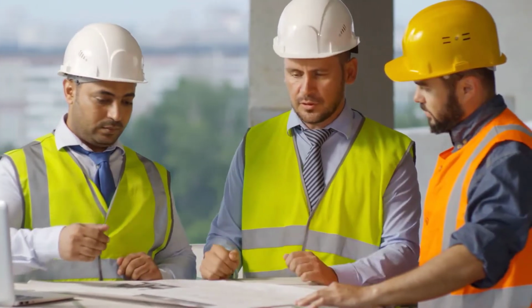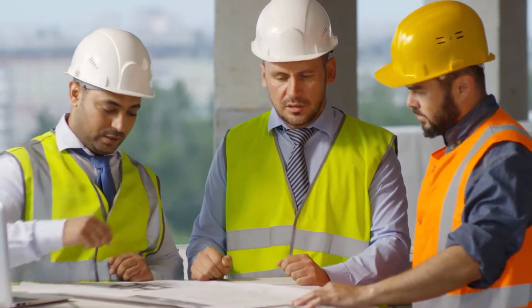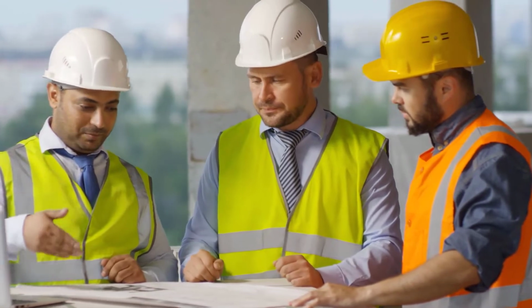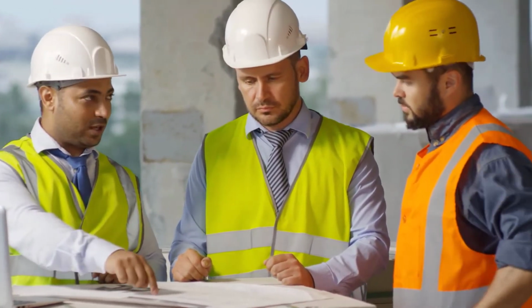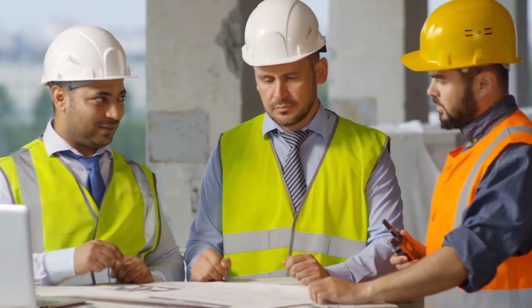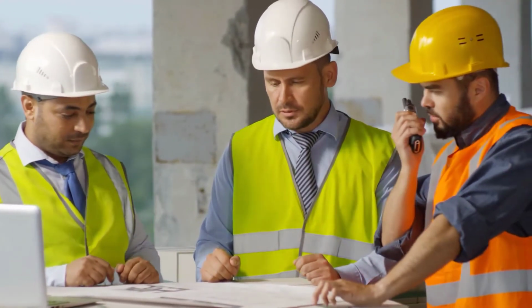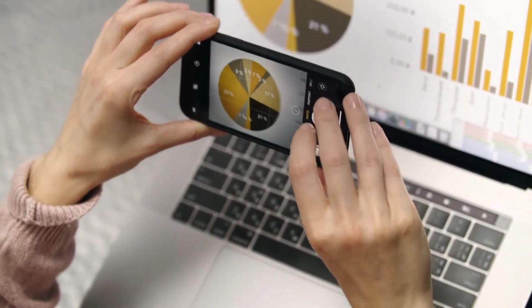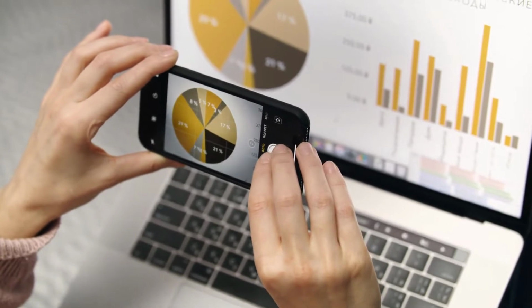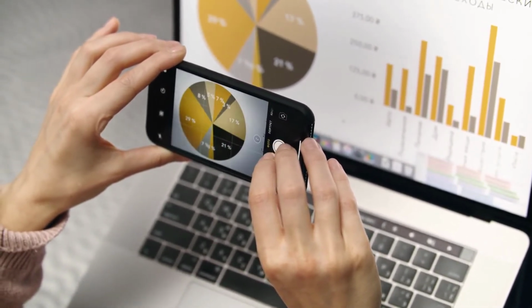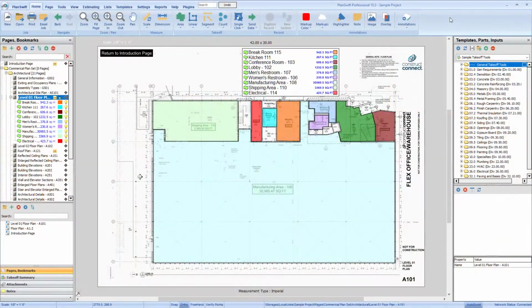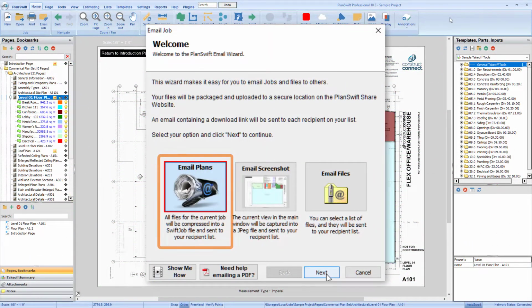You may not always need to send an entire job, or even an entire page. A picture's worth 1,000 words, and that's especially true when asking a GC or architect a question about a plan. You can quickly grab a picture from PlanSwift and email it to a contact using the screenshot function in the Email Job window. Before you begin, please understand that screenshots are not full-resolution images. The screenshot tool sends a selected part of a drawing or page where you may need more clarification or wish to provide more detail to someone else. If you want to send a full-resolution page, use the Email Plans option instead.